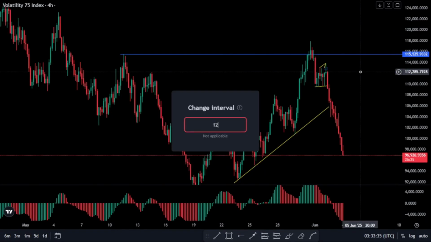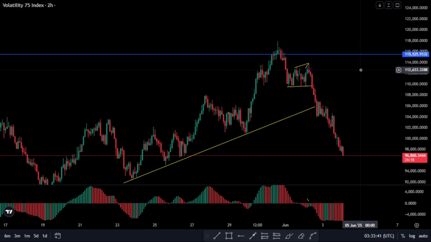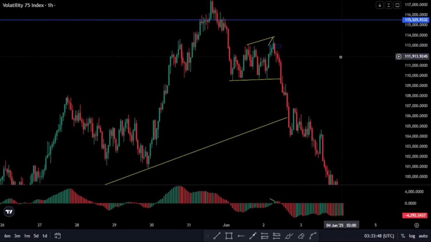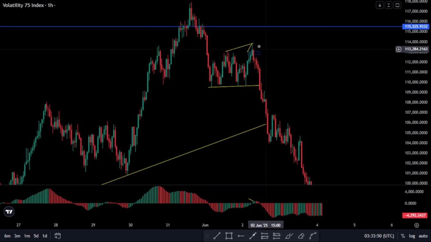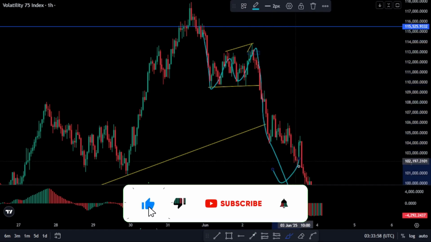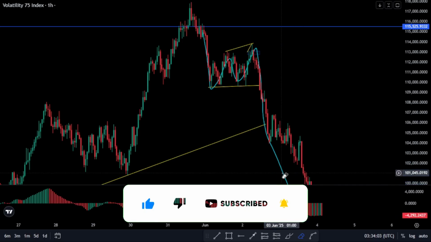Then something happened. Let's look at the 2 hours time frame, or maybe the 1 hour time frame. Once the market pushed down, we had this structure over here, which is a very good structure because this was a bearish flag. Then it added to our confluence, because you can see now that as we are looking to sell, that big